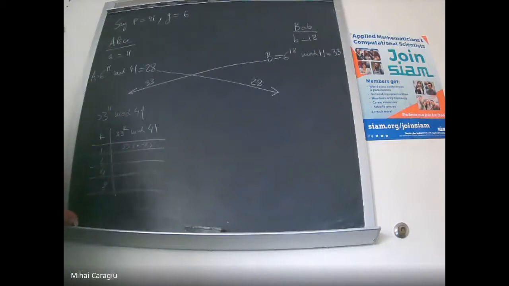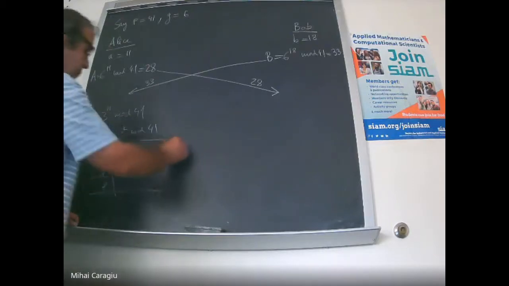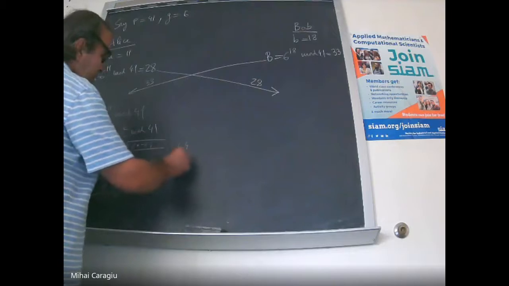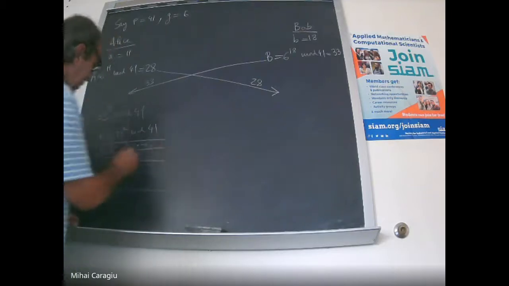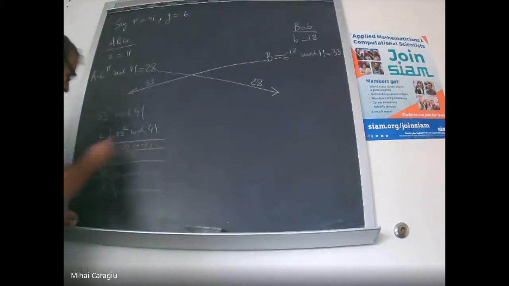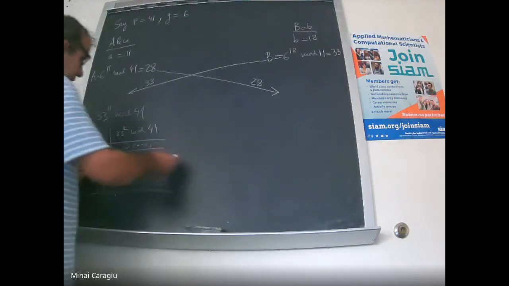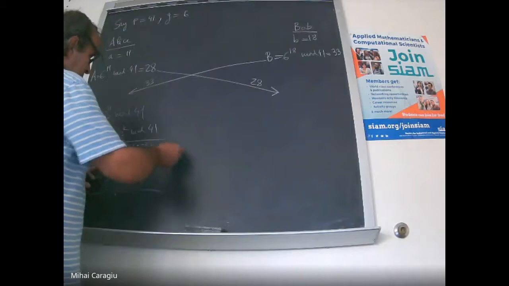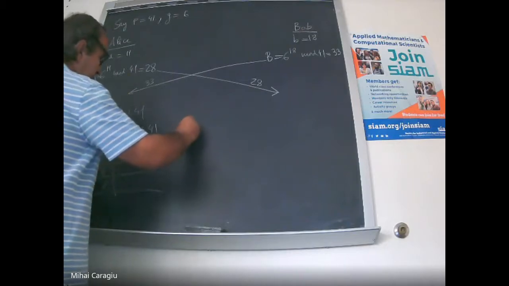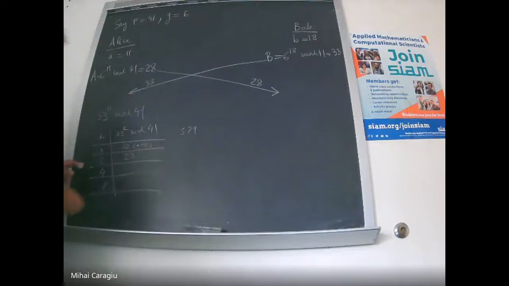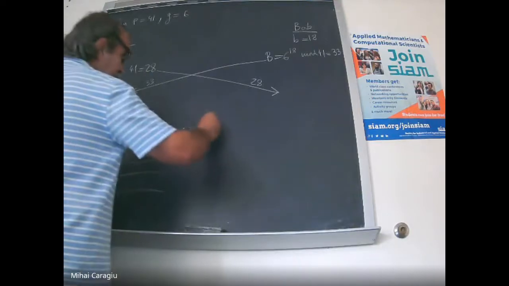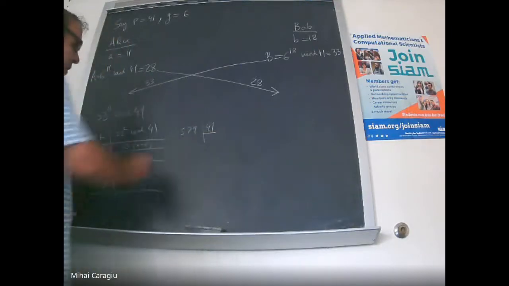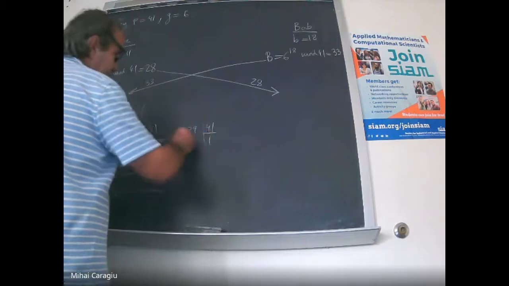64 modulo 41 is 23. In row 4, 23 squared, what do we get here? 529, right? That's 23 squared. But modulo 41, let's see how many times 41 enters 529. 12 times, so 41 here,